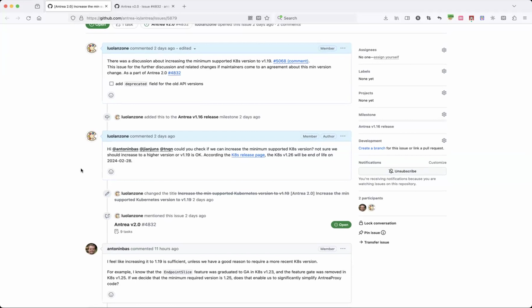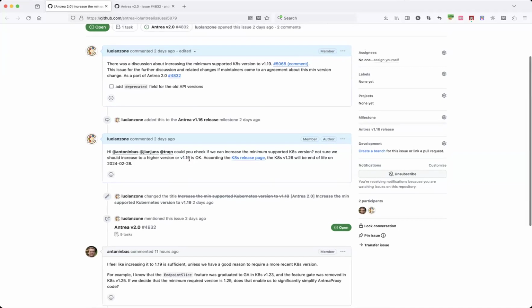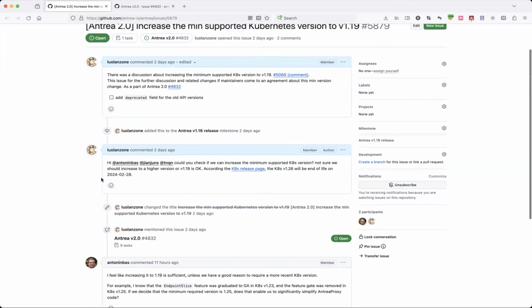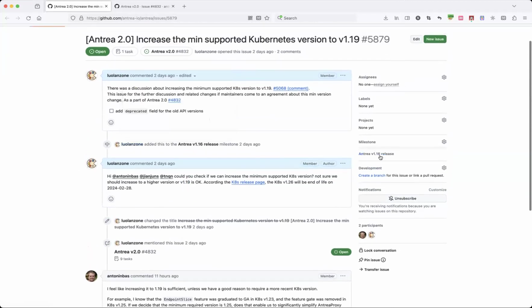Yeah, okay. I personally feel that we can increase to 1.19. No hurry to increase the number higher. So if we agree that we can increase this one to 1.19, I guess we can have it on the milestone